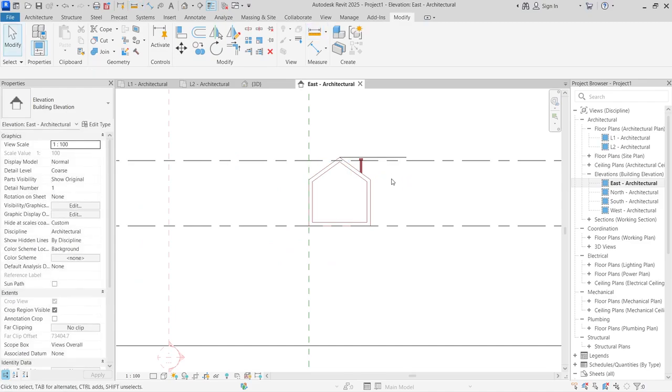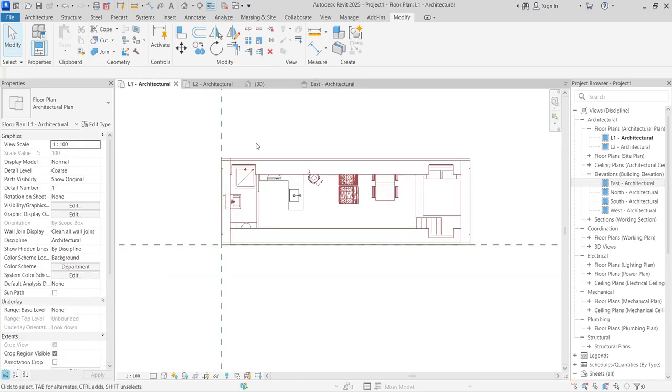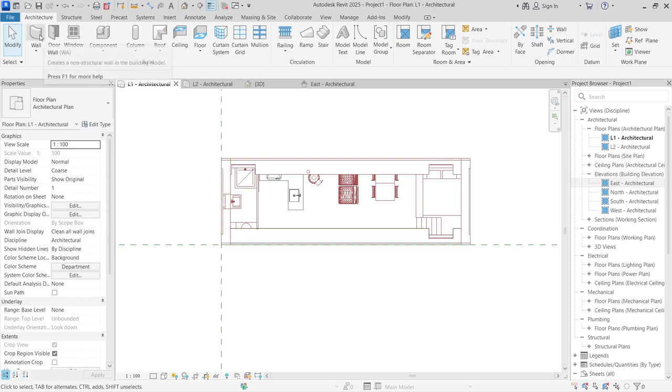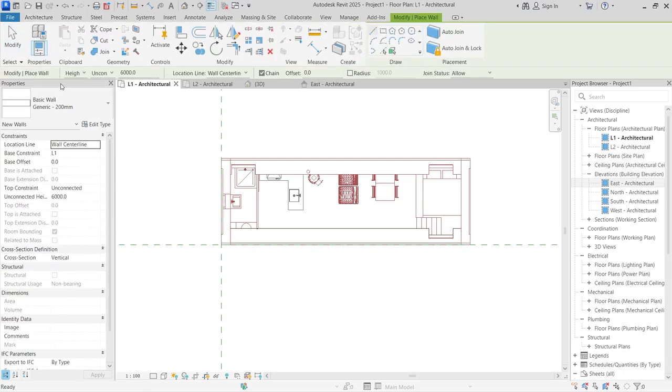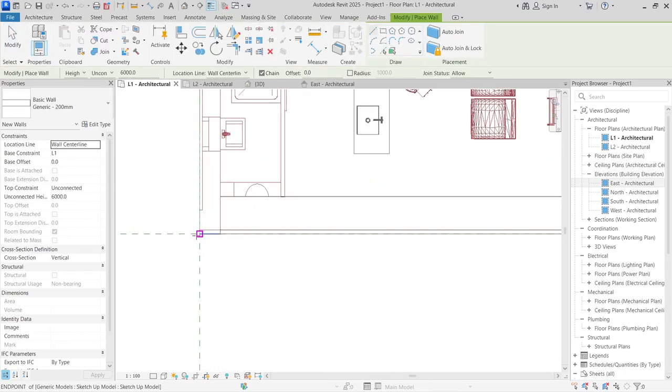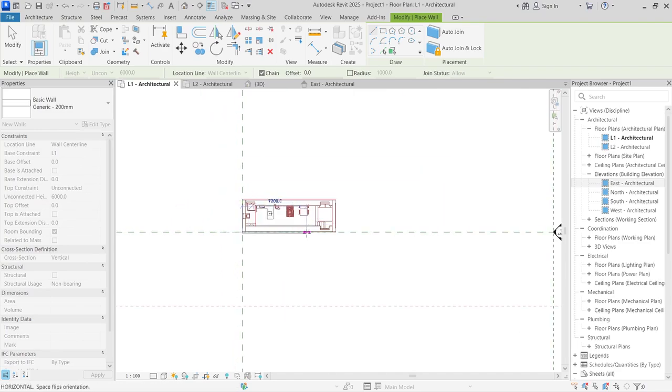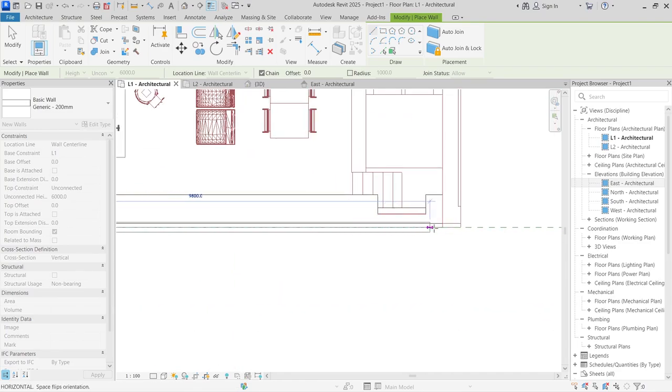So this is basically how we work around it between Revit and SketchUp, to have an idea of the spaces and the length and breadth of these spaces, so you can know how to go about creating your building elements. So inside Revit now, we're going to create a generic wall. Just select this, click the endpoint here and drag the line out. It doesn't have to be perfectly aligned with the reference model, so you can just get the other end, or you can see the length inside the building here,